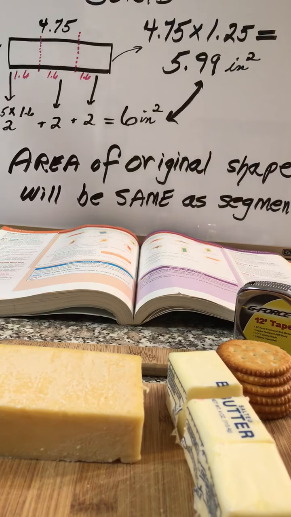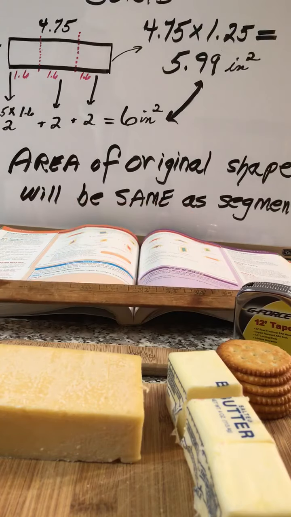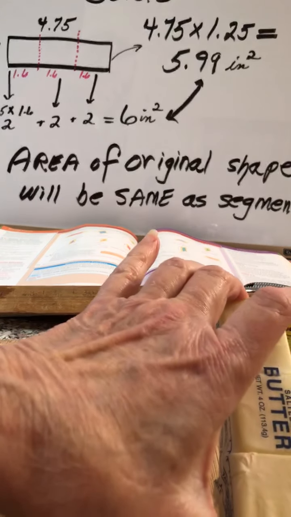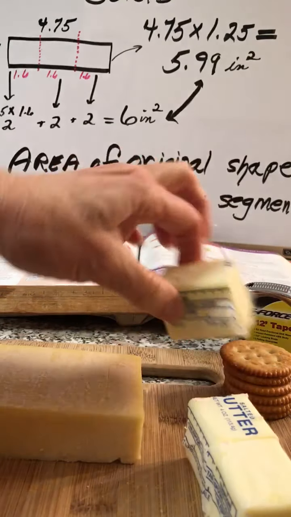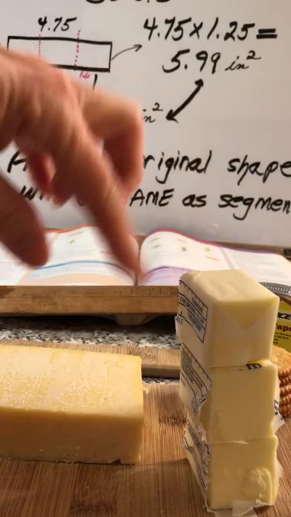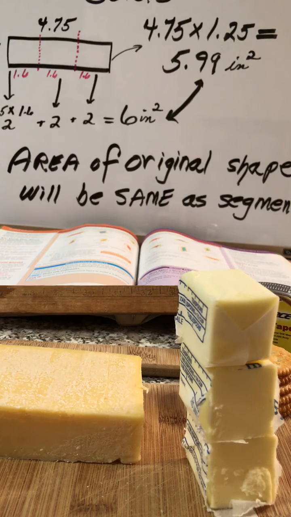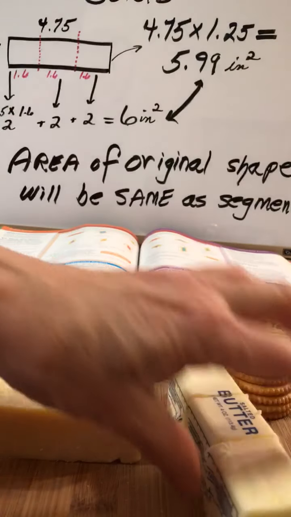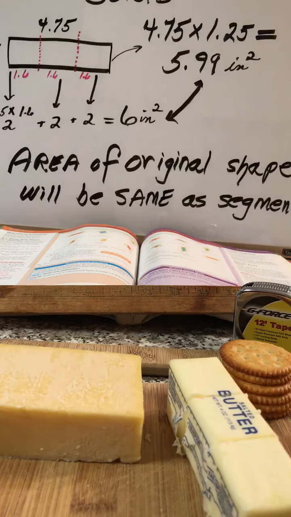And you're always going to find some variation when you're dividing by odd numbers, unless you carry it out to many, many decimal places. So we've learned that the area of the original shape will be the same as the area of the segments. So the area of the butter, as it was originally on the top, will be the same as if we add them up, and you can see that they're all equal, and we sort of have the same configuration again. That's not true of perimeter, because perimeter will include the value of the lines inside there. But it is true of area,